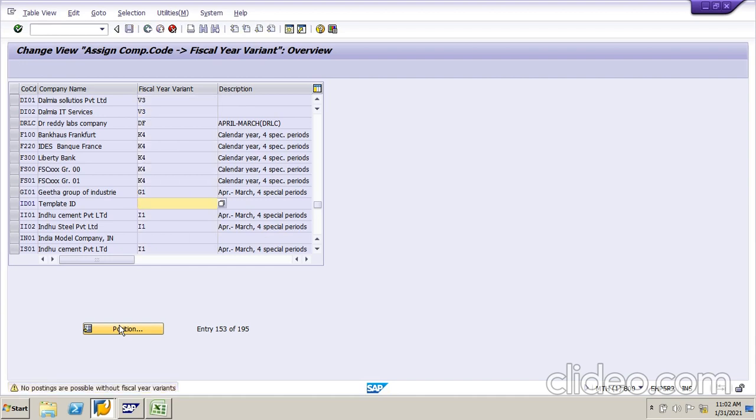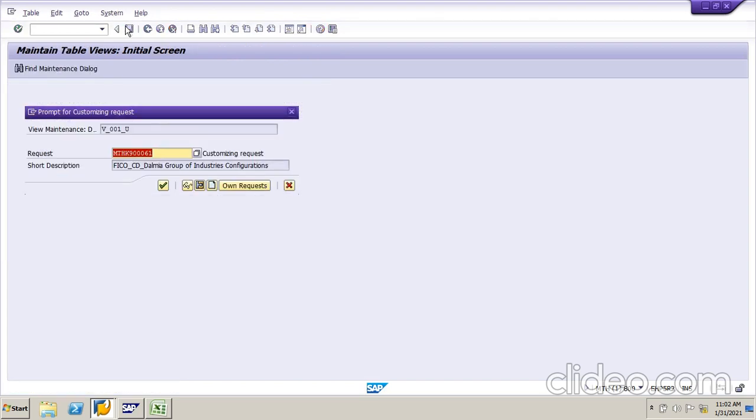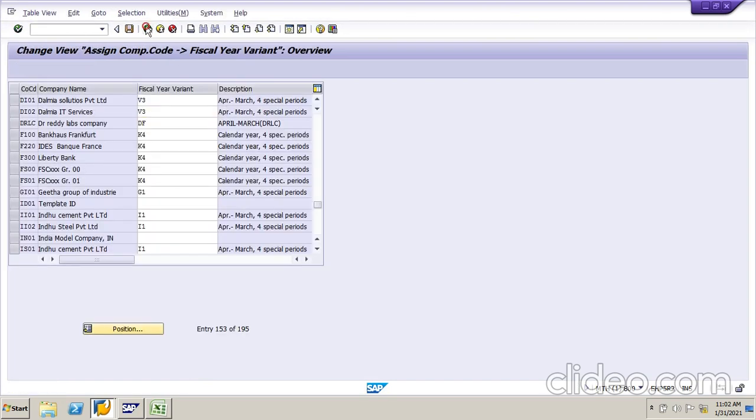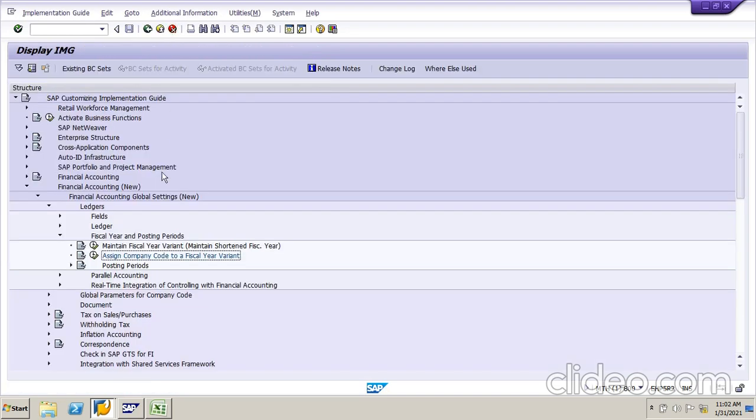Enter, just ignore these errors. Enter, enter, enter, save. So save the data. So this is the process of maintaining the fiscal year variant.